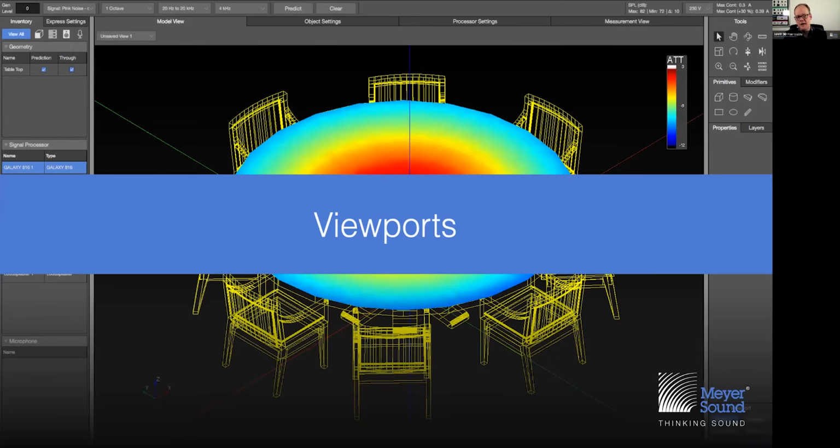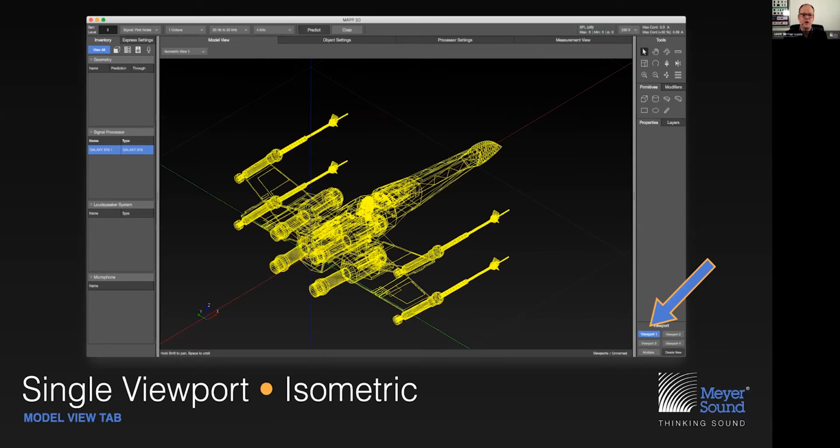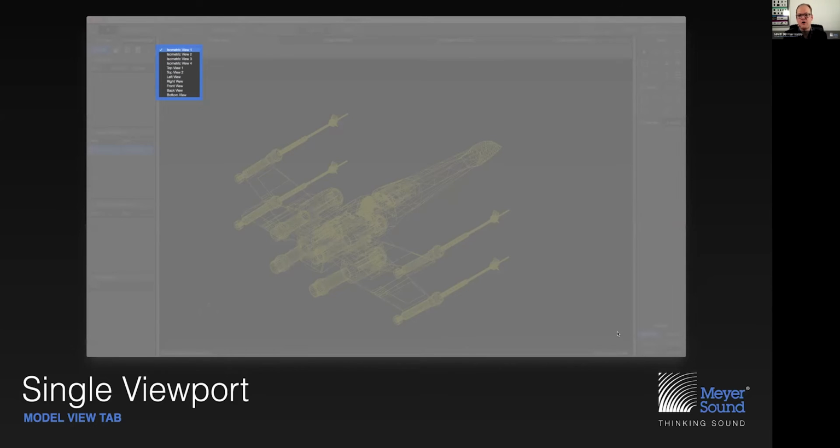And with that, I want to move toward the topic of viewports. So here again, we see a single viewport. We're looking at viewport number 1, showing a rather familiar spacecraft, but we don't have to work with a single viewport. We can also click multiple, in which case we're going to get multiple viewports,